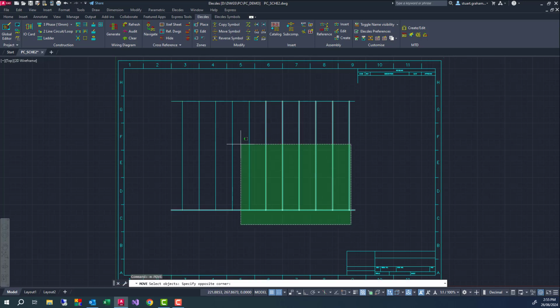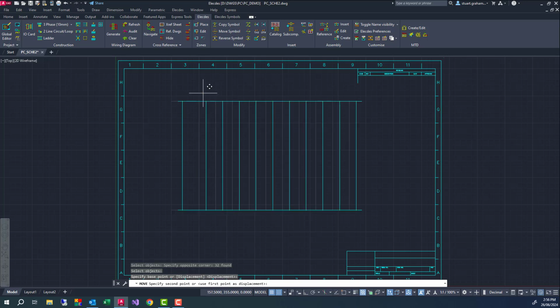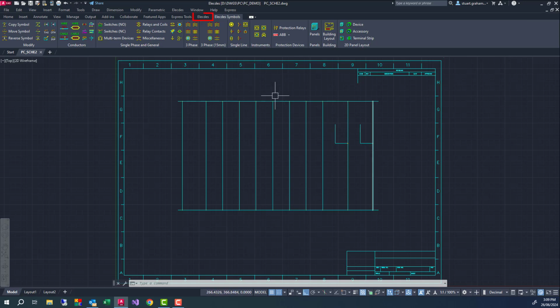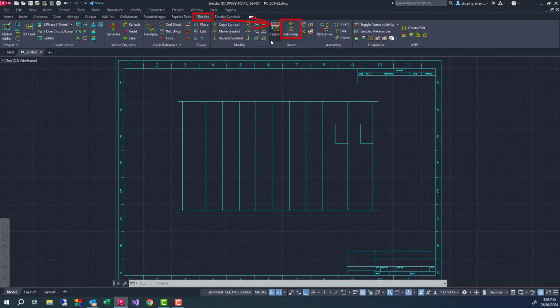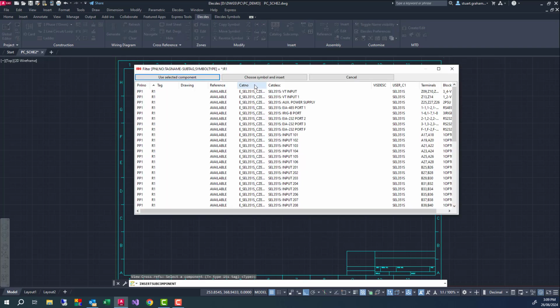Before I insert devices, I will adjust the rungs to fit some of the larger components and add some extra wires. Another method of symbol insertion is the inserting of subcomponents for devices in the project. When tasked with drawing up a protection control relay with, say, 30 family members and 60 terminals, it pays to be accurate and to manage your contacts' terminals. The Electez tool for managing subcomponents is extremely useful when managing protection control relays for larger equipment and higher voltages.